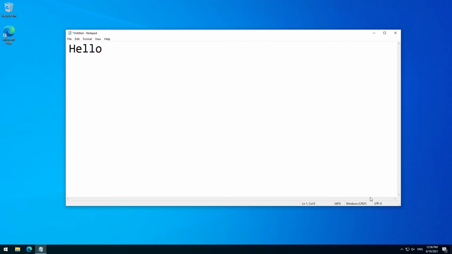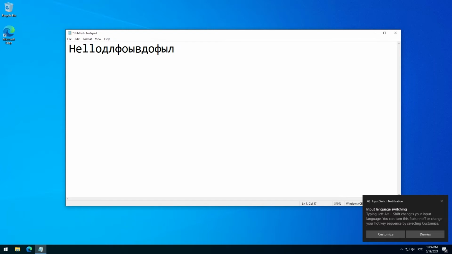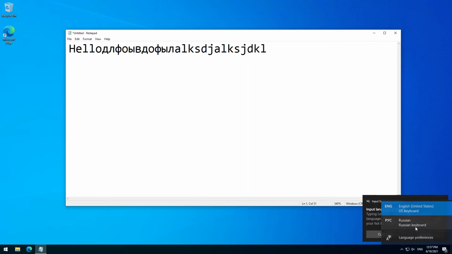Hello there. So I have a keyboard switching thing over here, which switches between English and Russian for some reason. I don't need Russian. I don't know why it is there. I want to get rid of it, because if I press ALT+SHIFT, it switches to Russian, which I don't want. And perhaps in your case you have, let's say, 3 languages and 2 of them you want, but 1 you